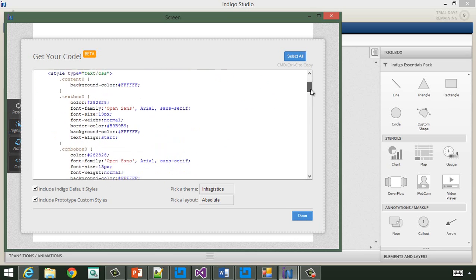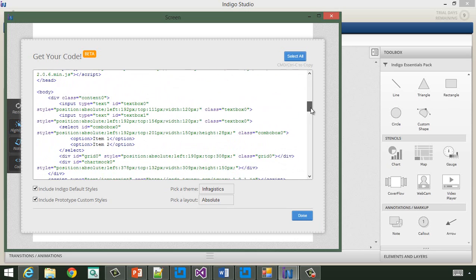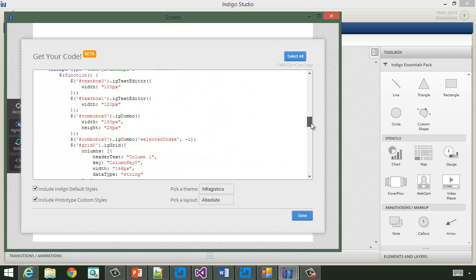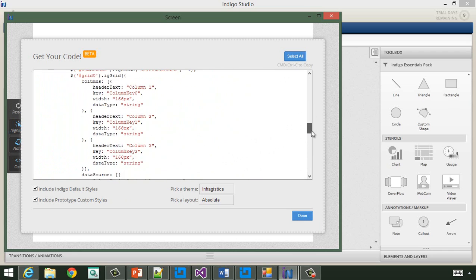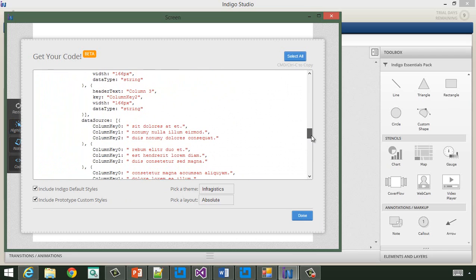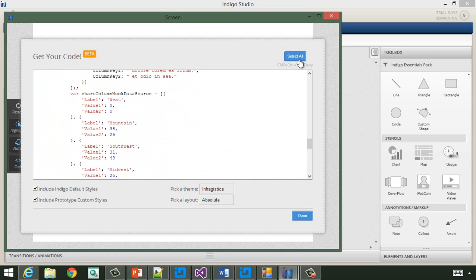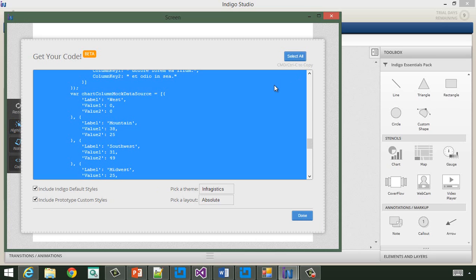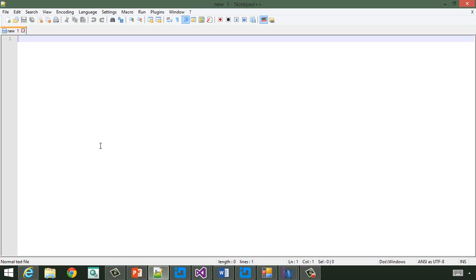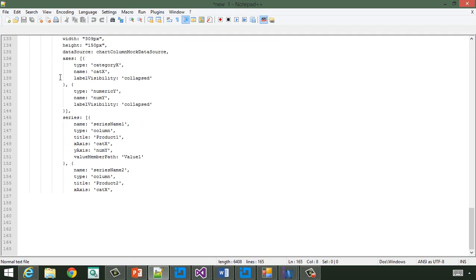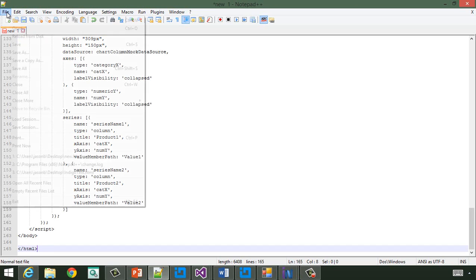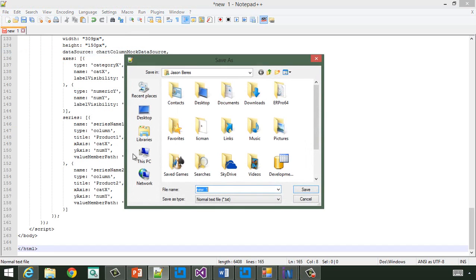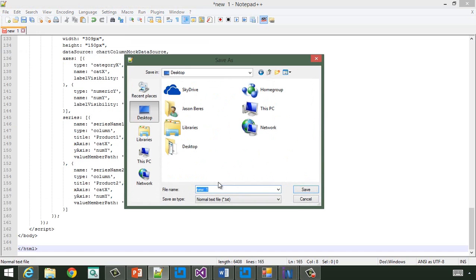So what this actually does is it shows me the well-formed HTML and JavaScript using the Ignite UI widgets that I would need to build out this page. So I'm going to go ahead and select all. I'm going to Control-C to copy this. I'm going to go ahead and open up Notepad++. I'm going to paste this in, just kind of go through this process. I'm going to save this on my desktop, and we'll call it